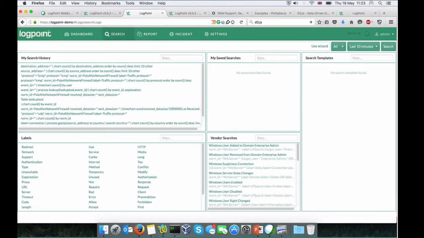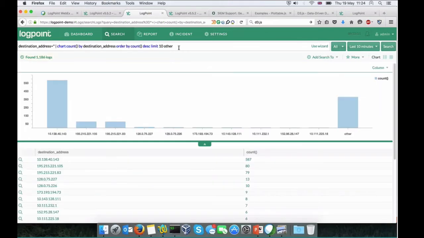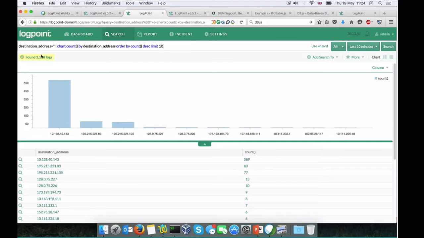Previously, you could run something like, maybe you run a chart count and you did something. I'm not sure how fluent you guys are in the search language, but destination address is what I'm looking at here. And then I'm building a chart, a chart count, based on destination address. I order this based on the count column. I say, please show me the highest value first, so I say descending order, and I limit to 10 results. This is what you could do in previous